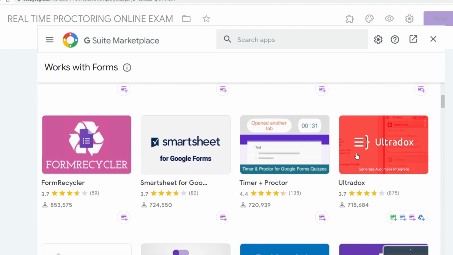The name of that one is Timer plus Proctor. You have to install this Timer plus Proctor to conduct online examination, to set the timer for your Google Forms and to proctor the examination. So first let us install this add-on into our Google Drive.